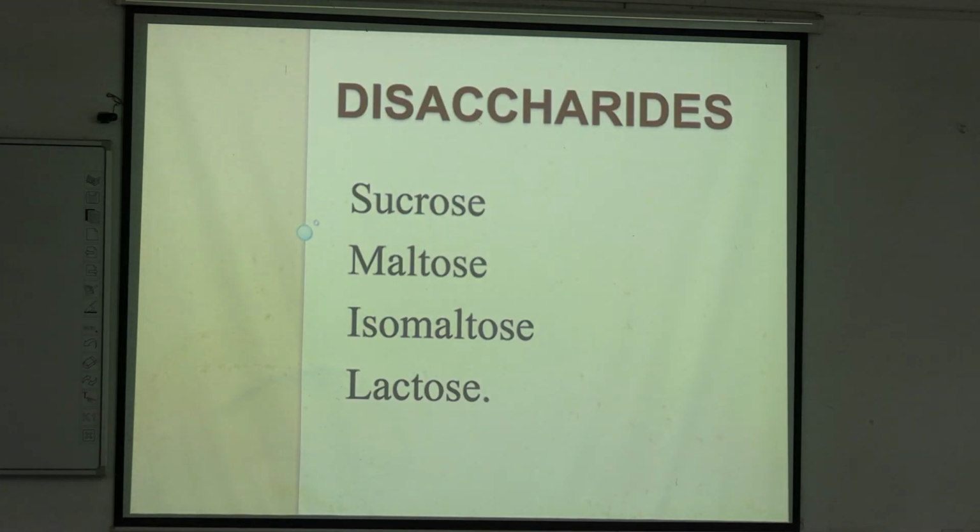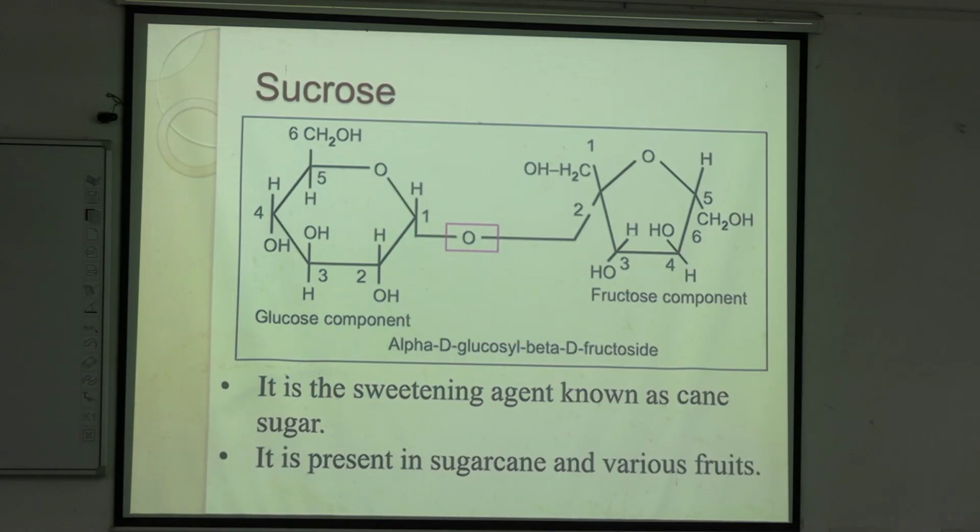Now, all the reactions and derivatives are done. Now we will proceed to a few important disaccharides. Among them, sucrose. Sucrose is a disaccharide made up of glucose and fructose. But here the important thing is the glycosidic bond. Here this glucose is in which anomeric form? Alpha. And can you appreciate this as fructose?